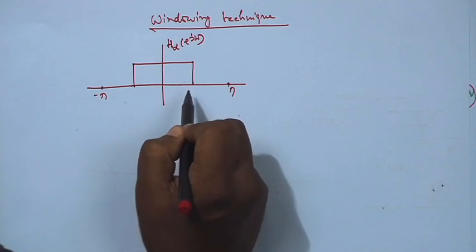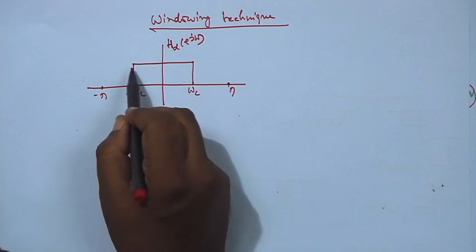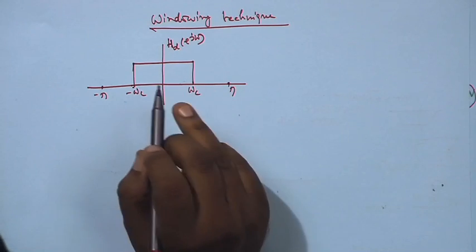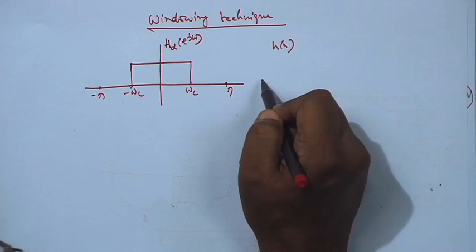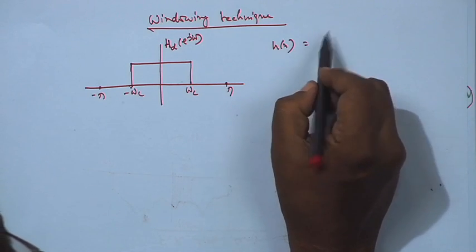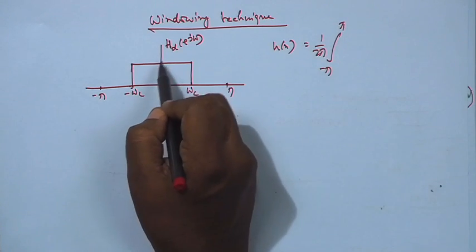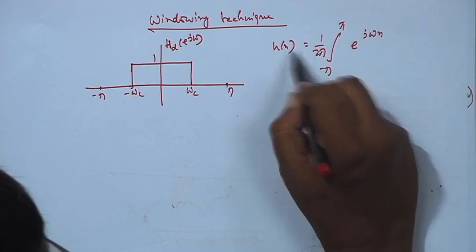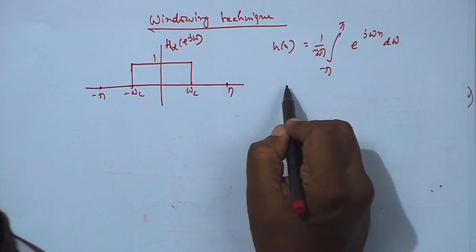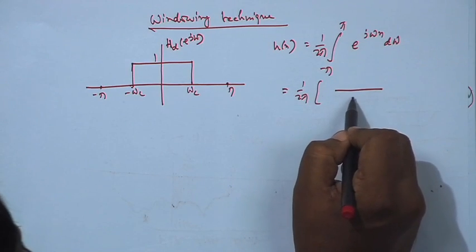I am doing the pass band, it is flat, and outside the pass band it is 0, so it is abruptly falling to 0 and staying there. Okay. If I really want to find out h n, I have to take the inverse DTFT. Suppose its height is 1. So, 1 e to the power j omega n d omega, and if you integrate, it will be, 1 by j n,